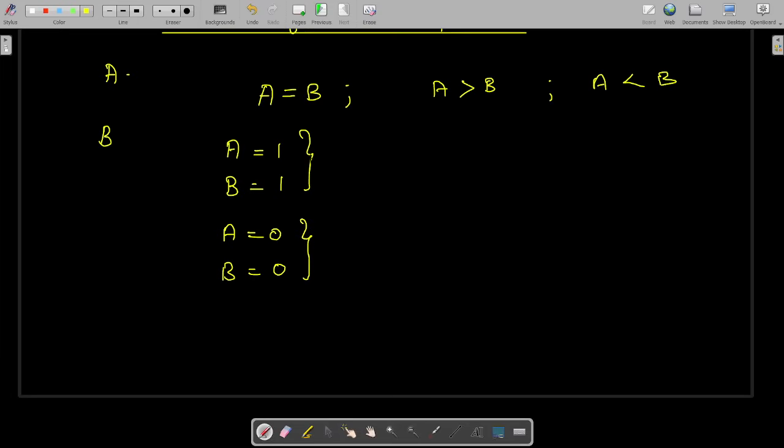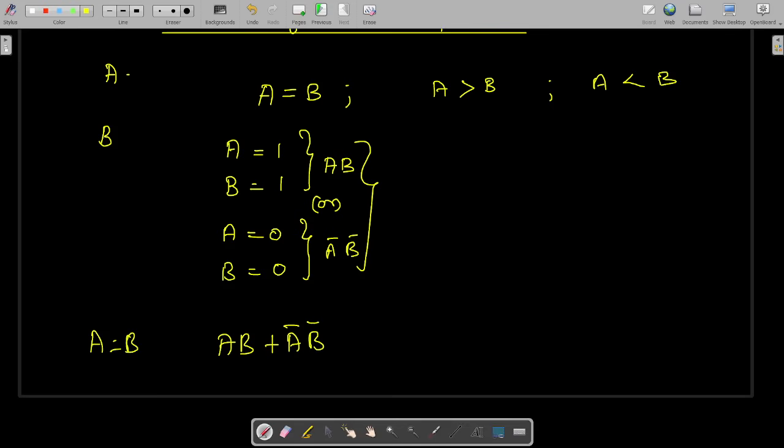A equal to 1, B equal to 1, I can write as AB, or A bar, B bar. Combining these two, I can take it as AB plus A bar B bar. On this condition, A is equal to B.